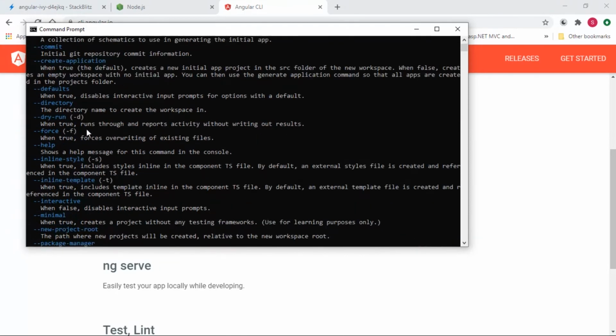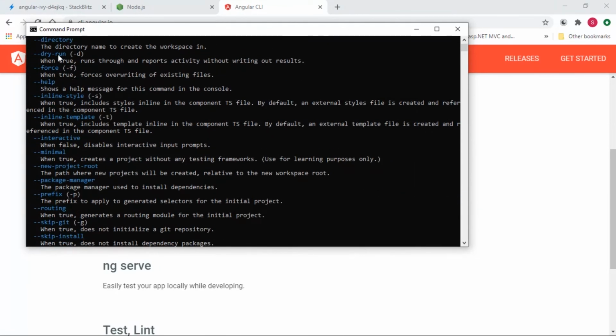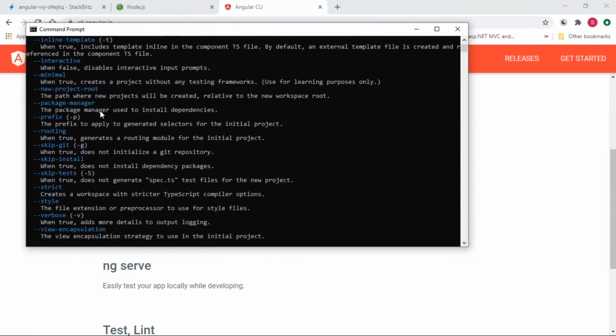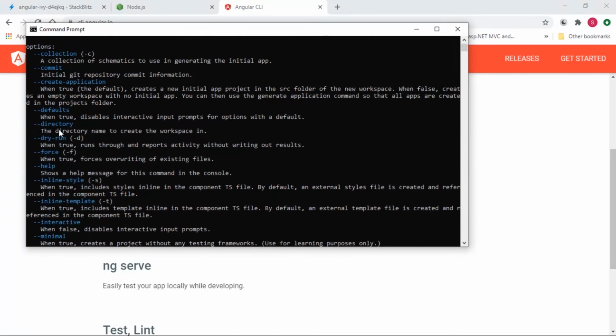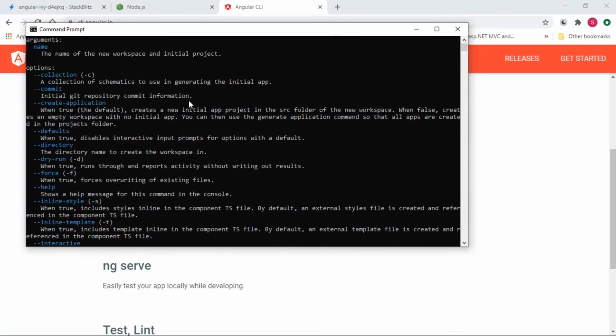You can also see other options here, like skip git, which will not initialize the git repository, and routing, which tells whether you are going to use routing in your application or not. These are some of the commands we can use with ng.